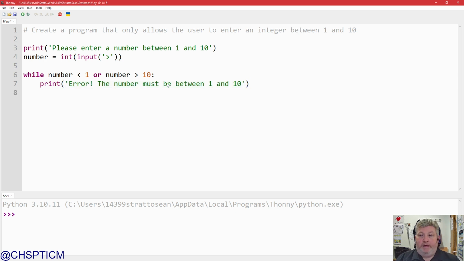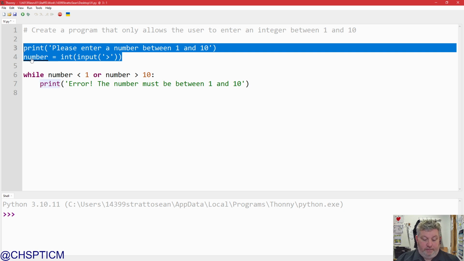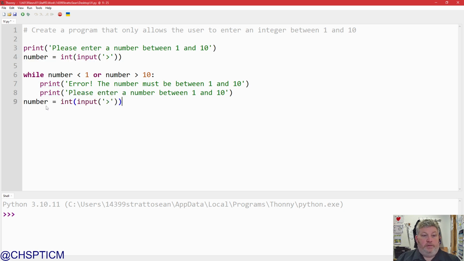Okay, we're going to display the error. We're going to ask, repeat, error, and we're going to ask the question again. And for that, I'm just going to copy and paste the code from above down to the bottom. Make sure my indentation is correct. So this is